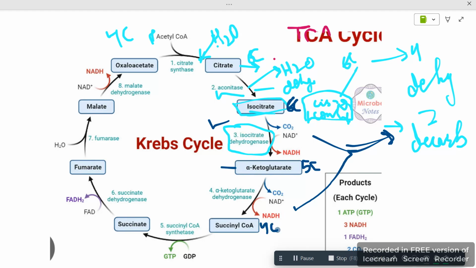4 carbon containing compound here, and here you will see one more thing, GTP. Here GDP, diphosphate, would be converted into triphosphate. Okay, and the enzyme which has been used here is known as